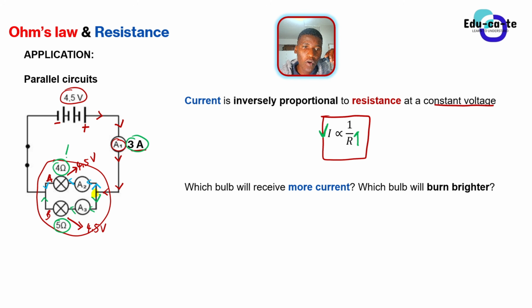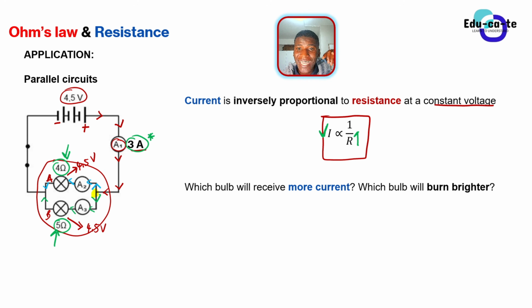So here we have got the 4 ohms resistor at one point, and the 5 ohms resistor at another point. Which one will receive more current from these 3 amperes that we are going to split? Because this 3 amperes is the total current, the one coming from the battery, and it will be split at this point into this blue current going up there, and the green one going to the other 5 ohms light bulb. Comparing these two, 4 ohms is less than 5 ohms. So 5 ohms has a bigger resistance, and since this is inversely proportional, we can say that 5 ohms would have less current passing through it because it has a greater resistance.